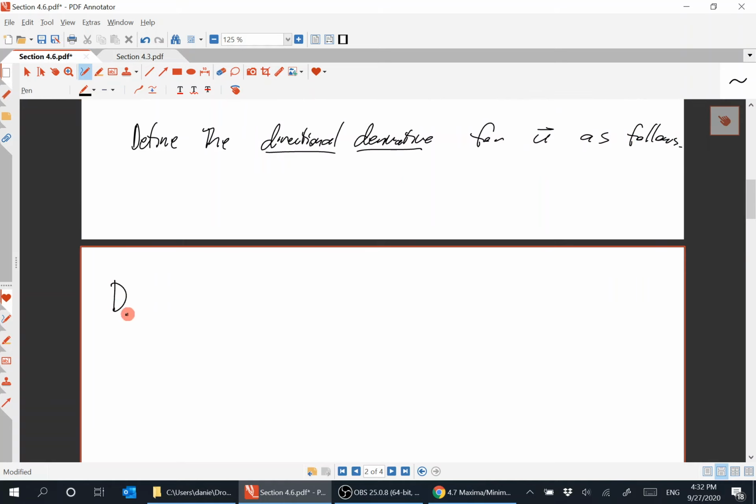The notation is not so great, but it's capital D, for derivative in the direction of u, of the function f(x, y). And that's going to be equal to, again, the same kind of thing: the limit as h goes to 0 of f(x plus ch, y plus dh)